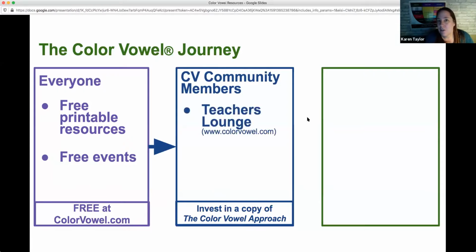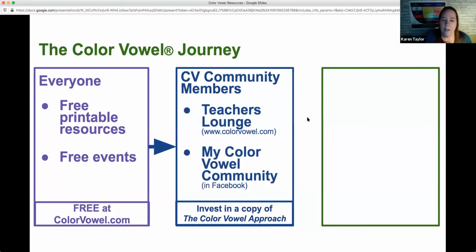And that means that you can enter the Teachers Lounge. It means you can participate in my Color Vowel community in Facebook. And those are choices. Not everybody goes to the Facebook group, but we have, I don't know, 348 people as of today who are all aware of what we do with color vowels so that the dialogue is rich, right? We always have our free Facebook page as well. I mean, our open one where general questions can go. But this is like deeper dialogue about lesson planning or resources or language.